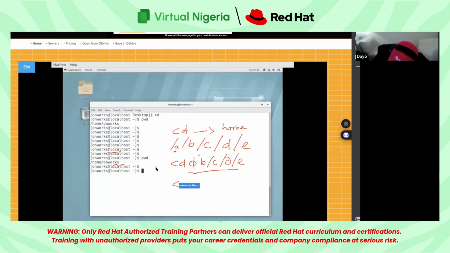So if you look at this command, cd space .., this takes you one step back, because people confuse it with cd space hyphen. cd space .. takes you one step back. That means that while you are here in E, if you run cd space .., it will take you to D. While cd hyphen,